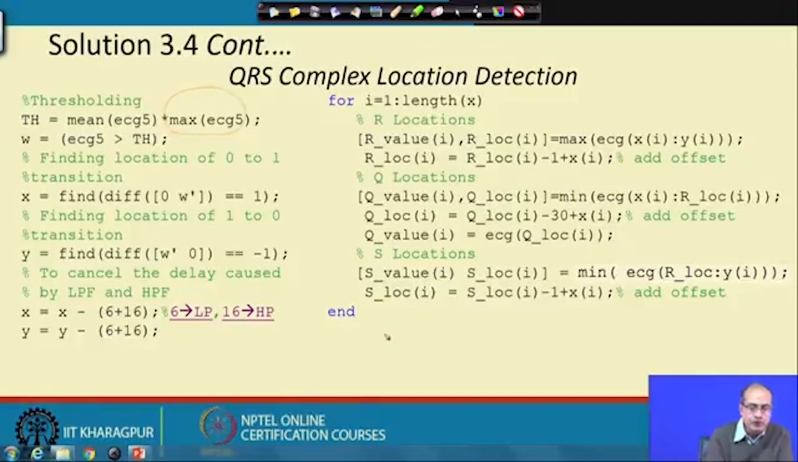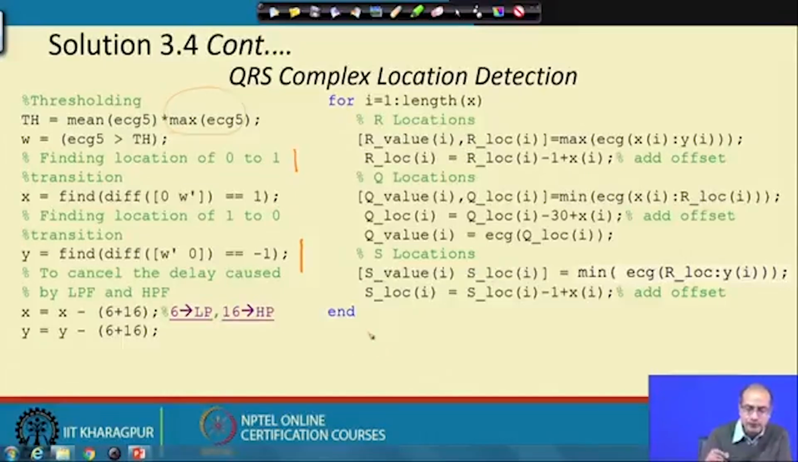So we are just taking a threshold, I think it is better to tell it that way, and we take the differentiation to find out when we are getting a 0 to 1 transition and a 1 to 0 transition. These two transitions tell us when the QRS complex is actually starting and ending. So, in between these two we have the R wave,